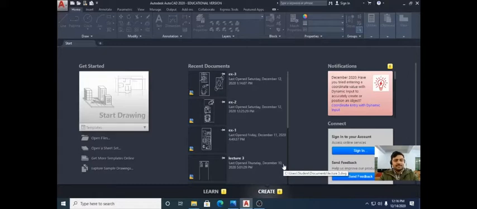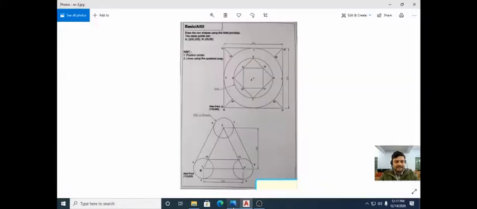So in our series of AutoCAD tutorials, we are moving towards our exercise number 3. So let's have a quick look at our exercise. So here it is. What we are going to learn is the crucial object snap points and tools.